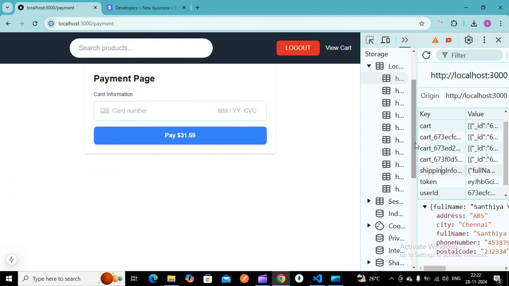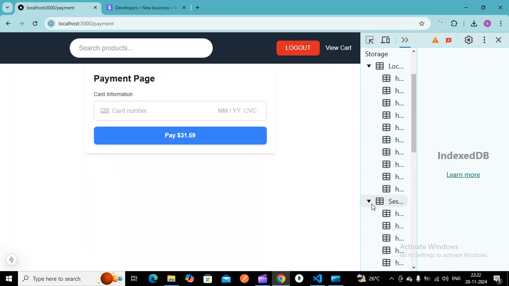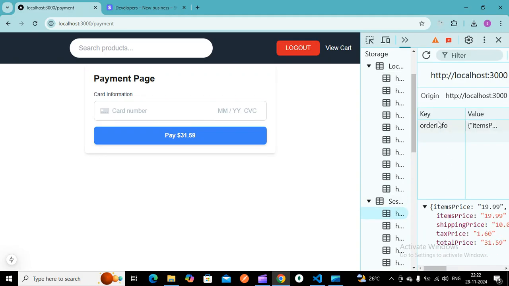I have already told that in session storage you will be getting this particular order info. On the order confirm page, once I click proceed to payment, you will be getting the order info from the session storage.